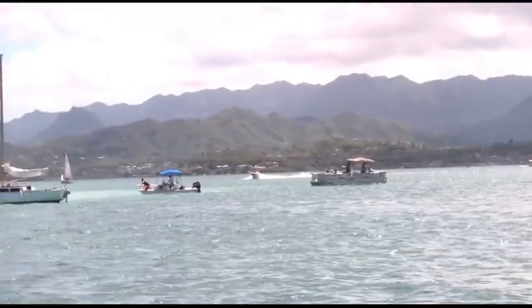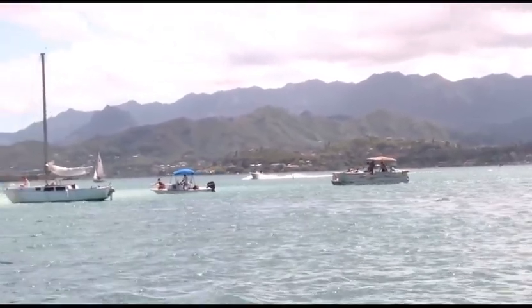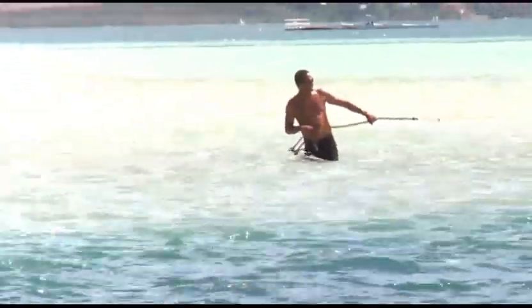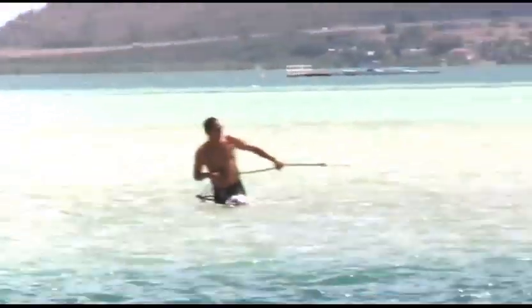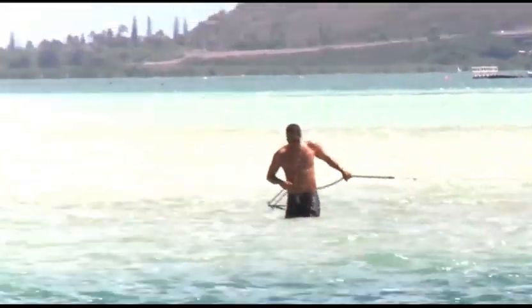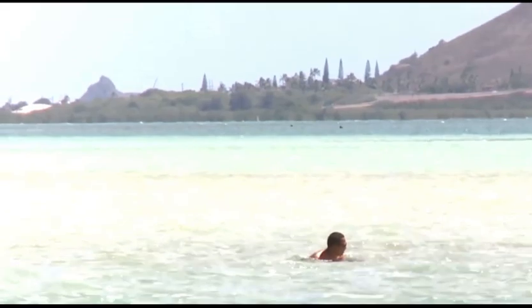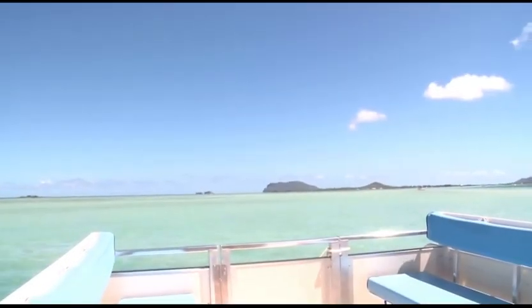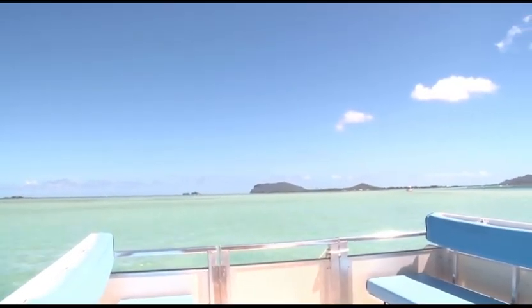You want to go directly into the wind. You need to get close enough so someone can step off into the shallow water and run the anchor up. You can see how quickly the water gets shallow here, but you got to make sure you get your anchor up on top or it'll pull off. So what we'd like you to do is pull up, get your bow over the edge of the shallows,